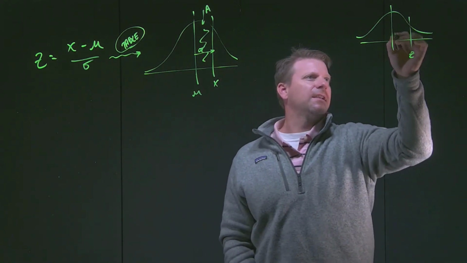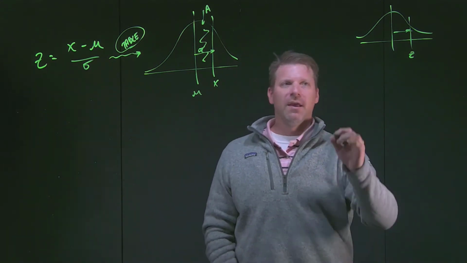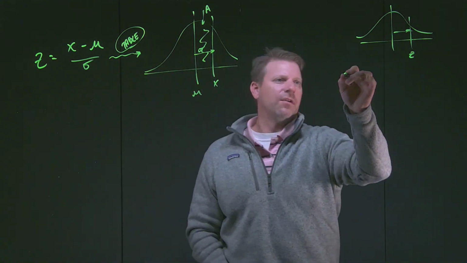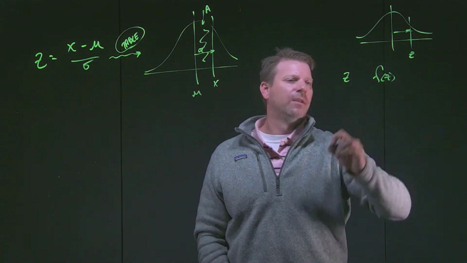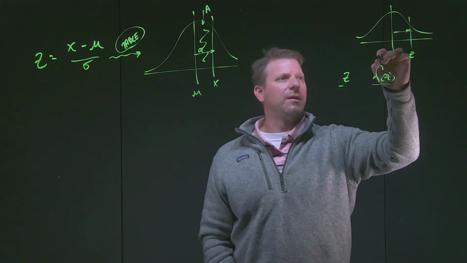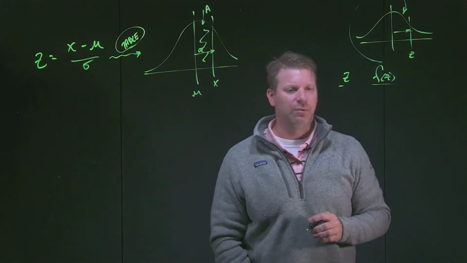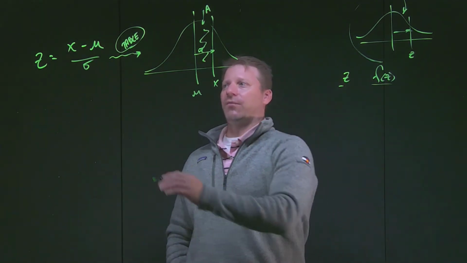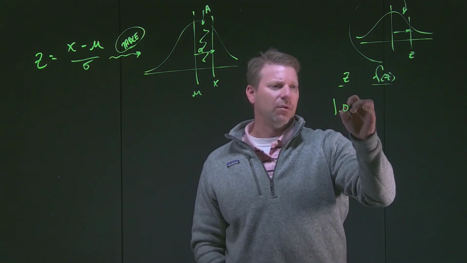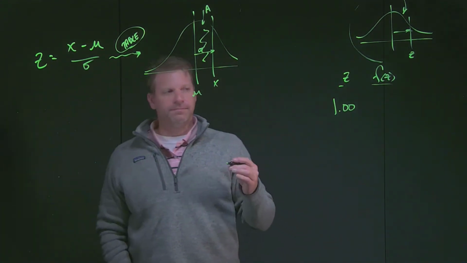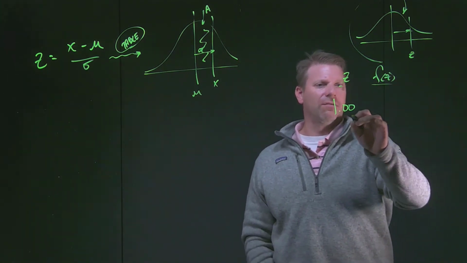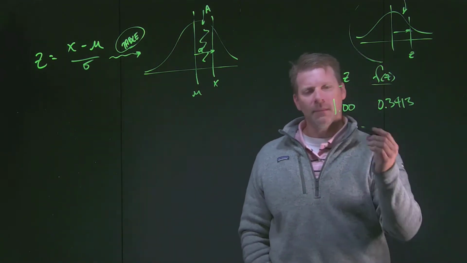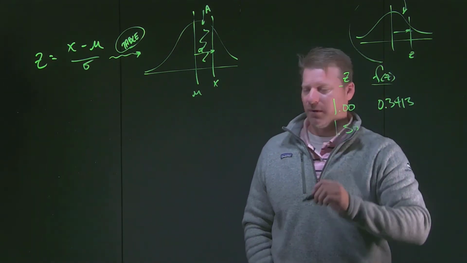It says Z, and we have a little arrow here. Then it has a series of different columns and rows, and we've got Z over here, and then we've got this function of Z. Basically, this is going to be whatever area is on the normal distribution that I'm looking for that lines up to a specific z-value. So if we calculate a z-value and find it to be 1.00, we can look at our table and see that the area underneath the normal curve at a z-value of 1 is 0.3413.